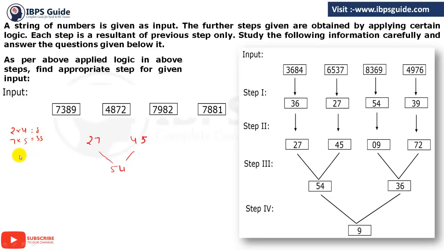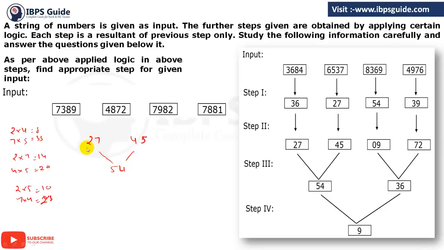Not possible with this. Or 2 into 7 or 4 into 5. Is this possible? 7 2s are 14, 5 4s are 20. This is not possible. 2 into 5 or 7 into 4, this is also not possible. So with multiplying you are not getting anything, and with adding up the digits you can't get 54.